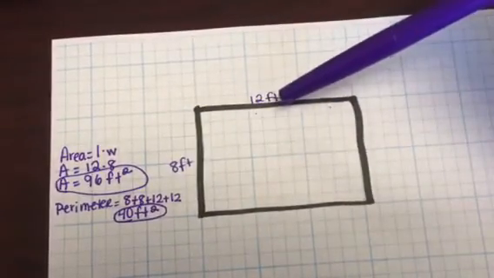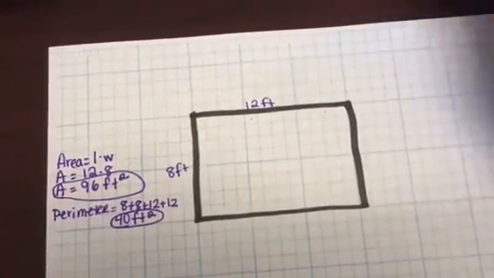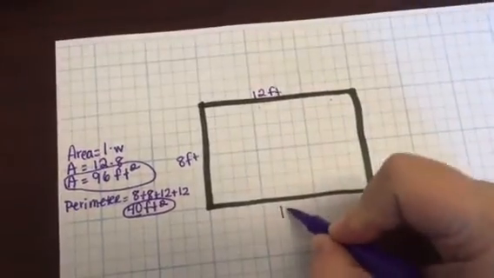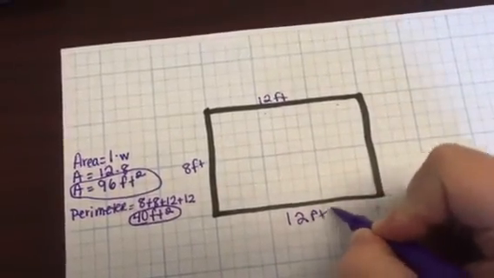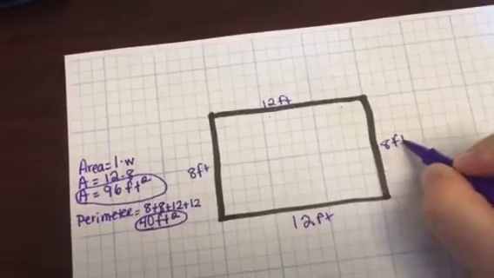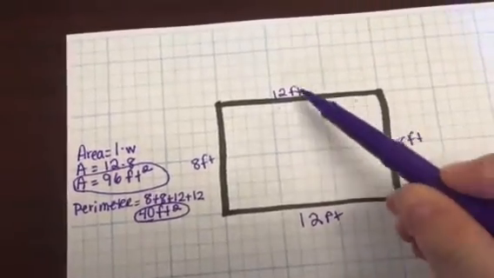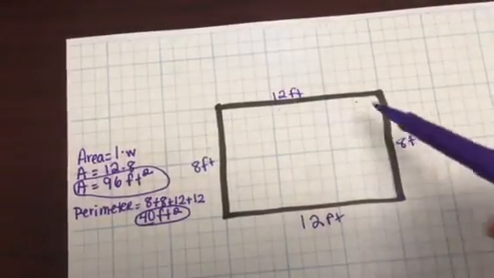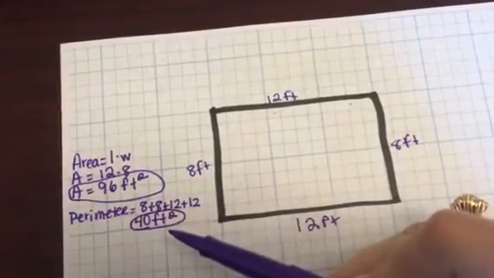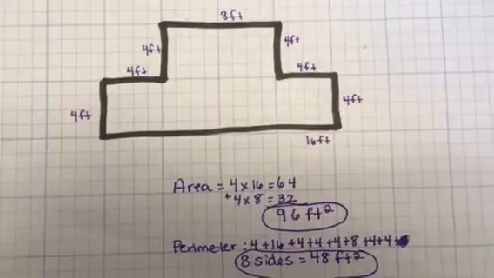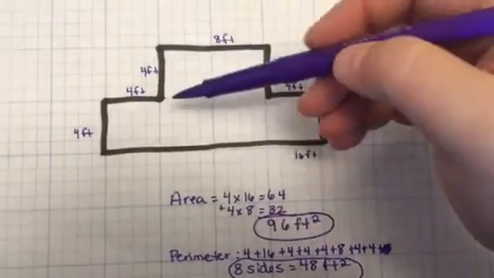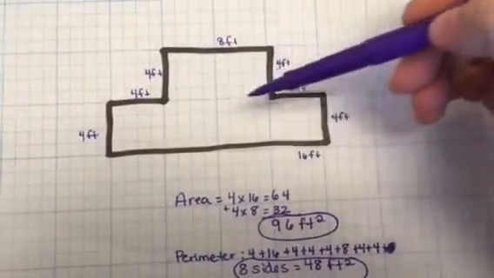To get the perimeter, this side is 12, then also this side is 12 feet. And this one is 8 feet. So in order to get the perimeter, you would just add those numbers together and you would get 40 feet squared. Now when you're looking at a different shape, which is maybe a little awkward and you can't get it